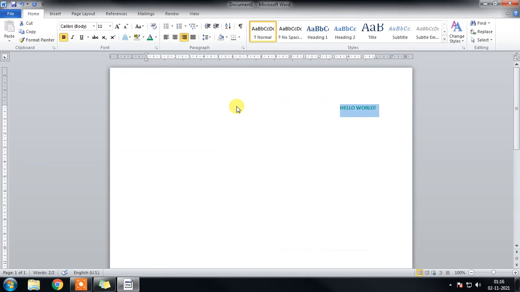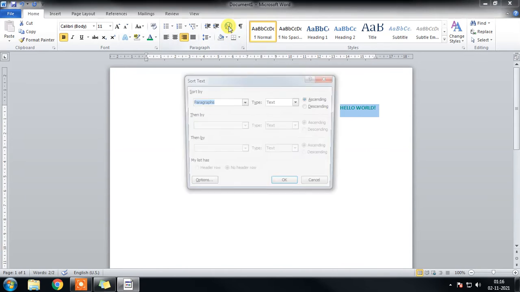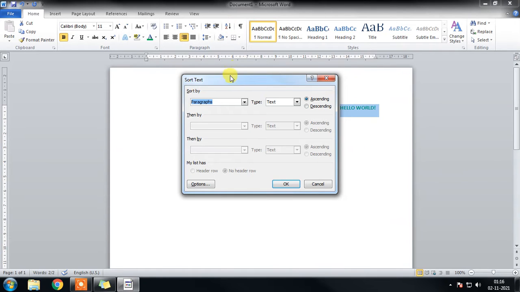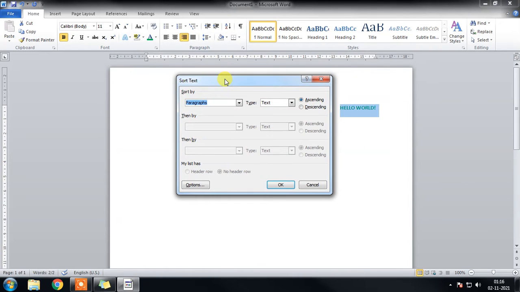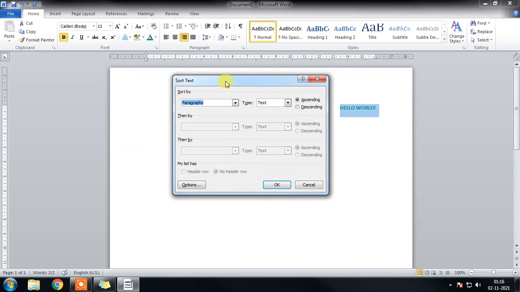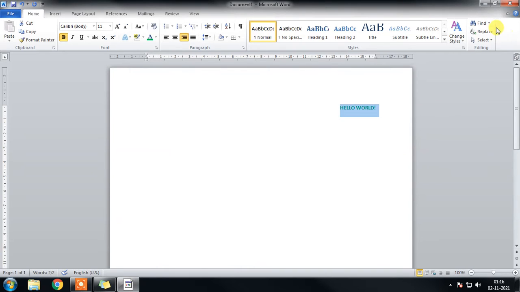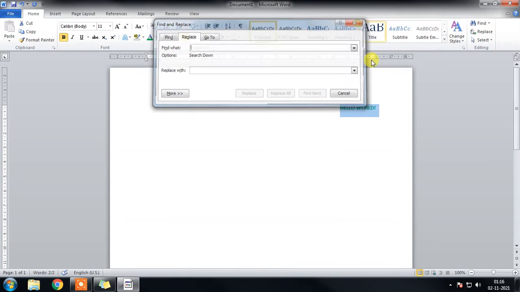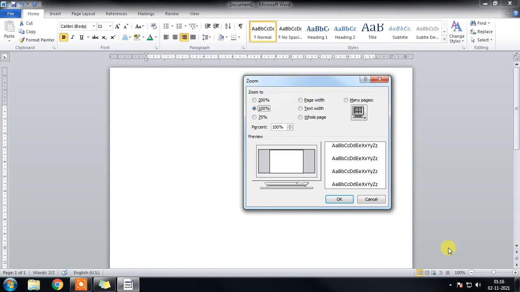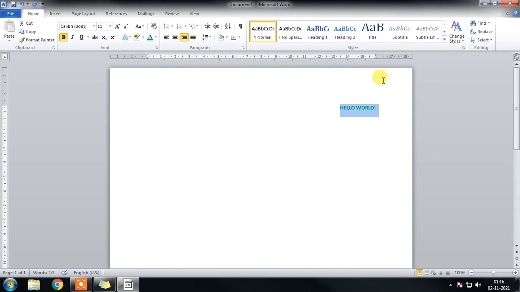And the next type of command is, for example, when you click on this command, it will not directly apply; it will open a window which is called a dialog box. The same way with this command, and the same way with this command. So this opens a dialog box.